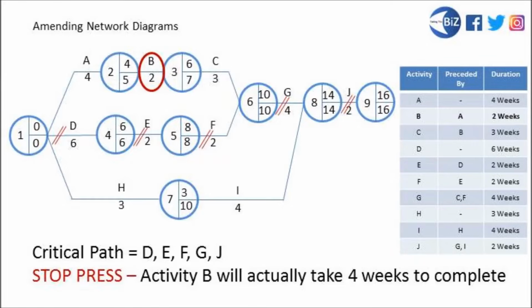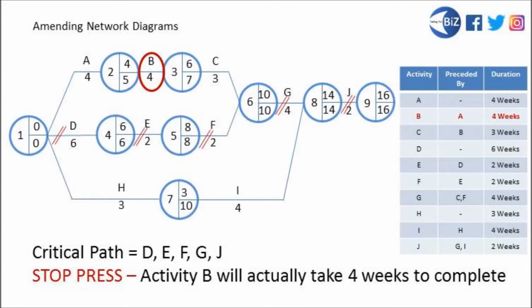So let's move over to our table. Let's get that changed straight away. Activity B is now going to take 4 weeks to complete, not 2. Let's show that on the diagram as well. So let's change that 2-week duration of activity B to 4 weeks. And what we need to think about is how that's going to affect other activities on our diagram. If B now takes double the length, 4 weeks rather than 2, it's going to have knock-on consequences elsewhere